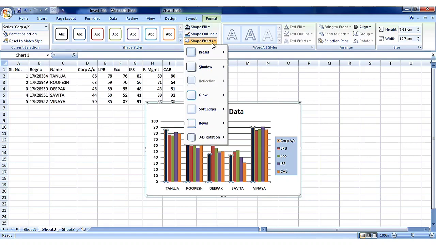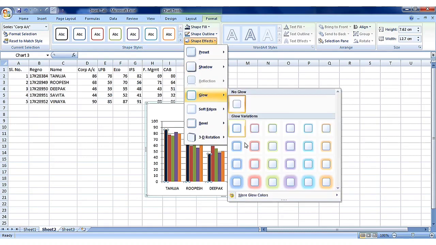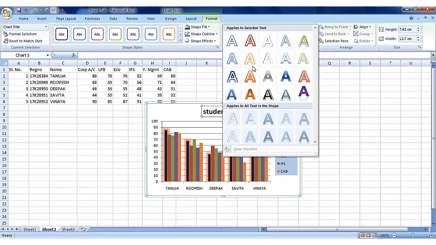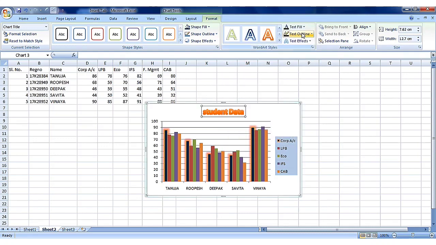Then you can give different shape effects. Then if you want to format text, then you can use word art styles. Here I am going to format chart title. Like this you can format and change appearance of your chart.